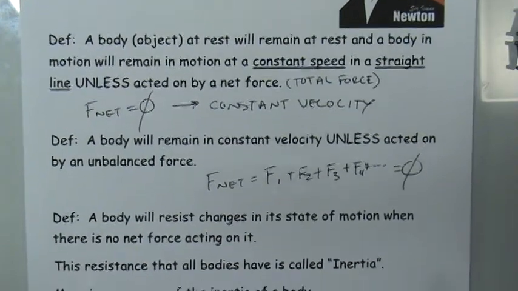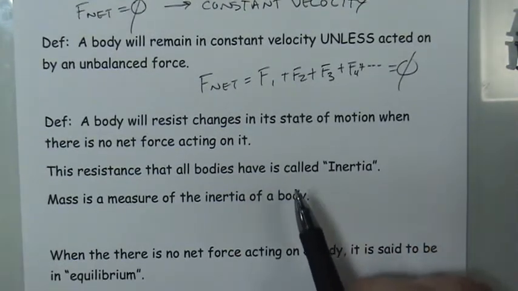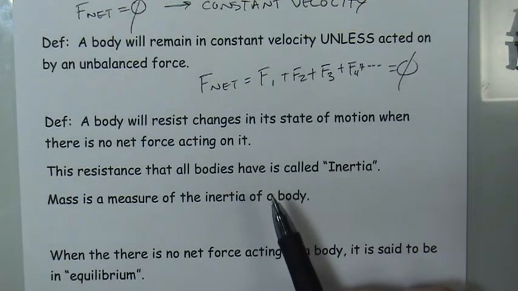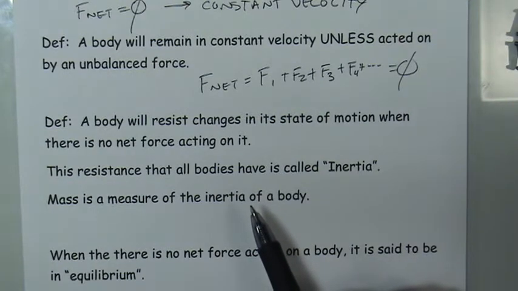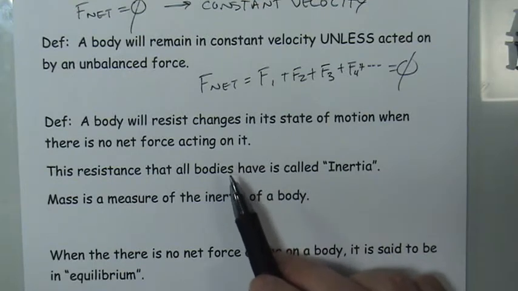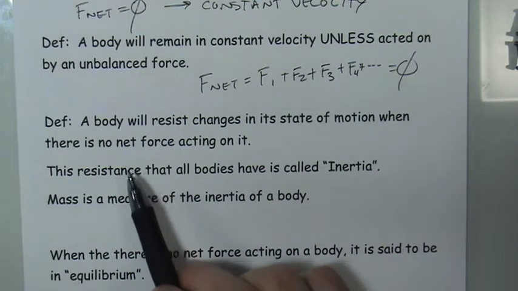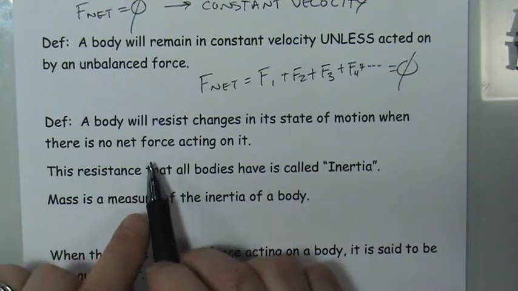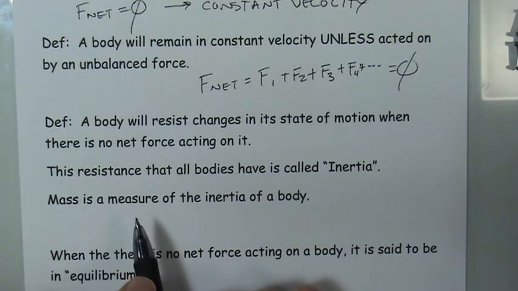But conceptually, there is really an important idea, and that is that objects resist changing what they're doing. That's the natural state of the universe. Objects want to continue to do whatever they're doing. And if that means being at rest, then they will stay at rest. But if they are moving, they want to keep moving, and they're only going to stop if the forces become unbalanced or if there becomes a net force. But when there is no net force, then that object just continues doing whatever it was doing.